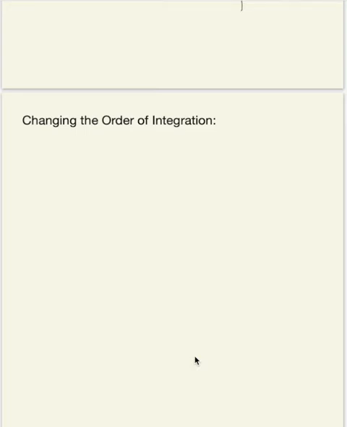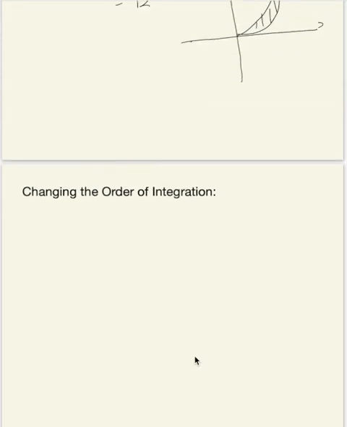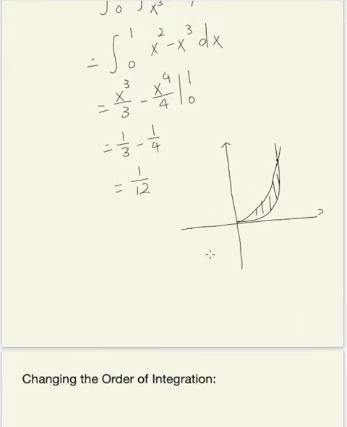As I mentioned in the beginning, the order of the double integral can actually be changed. From the previous practice problems that we've done, you see that the main difficulty in forming the double integral lies in finding the correct boundaries, or the correct limits, for the integrals. It's not really finding the integrand, because when you're looking for the area, the integrand is always just 1. So the only difficulty is finding the correct boundaries for these integrals. Now, if we look at the previous problem, this one, what we did was,